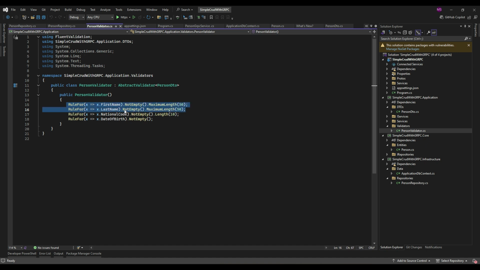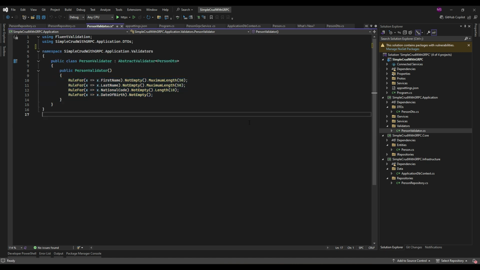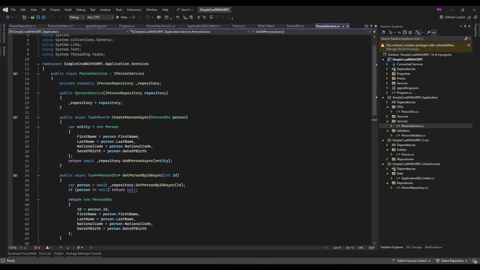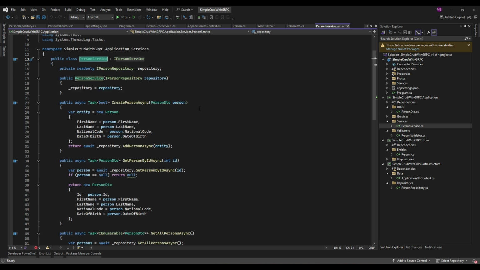For example, we can check that names aren't empty, the national code is the right format, or the date of birth makes sense. FluentValidation makes these checks super easy to implement and maintain. And finally, PersonService is the actual service that handles business logic, like validating input or orchestrating multiple repository calls.